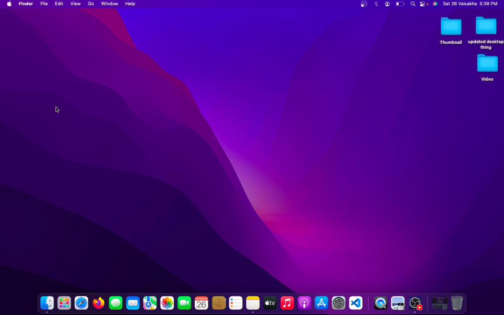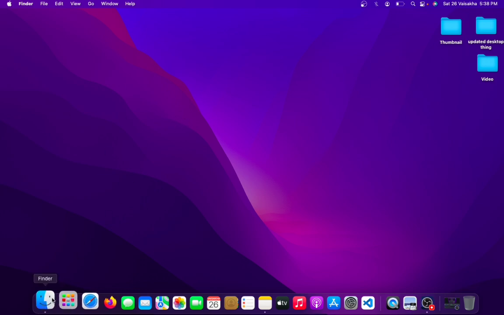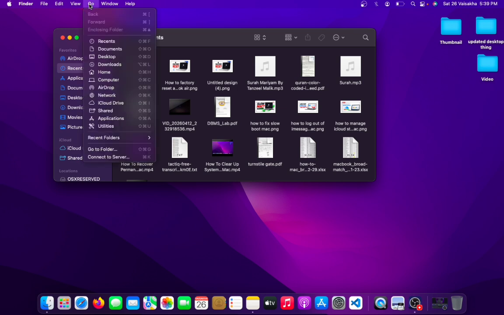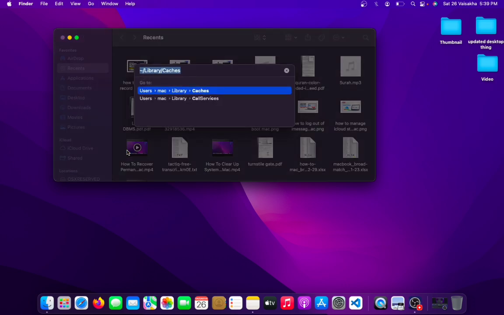First, we will clear the user cache. This is the safest and most common method. Step 1. Open Finder. Step 2. From the top menu bar, you can see here Go. Click on Go. Step 3. Now click Go to Folder. You can see here Go to Folder at the bottom. Click on this. Now here just type the path